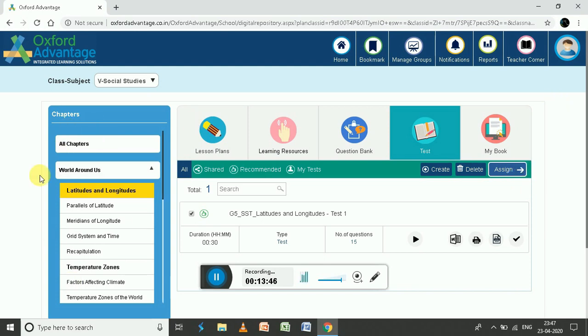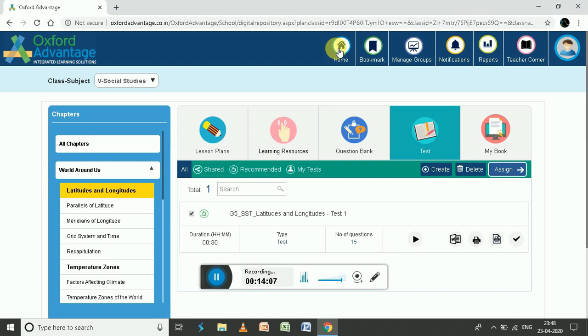This is the left hand side, I'm repeating again, and the right and the middle portion. The left hand side shows all the chapters that are there in the book, and the right hand side shows what exactly you are going to do with the chapters. Simple. Now, moving on ahead with the top portion that we have left, I will explain it.